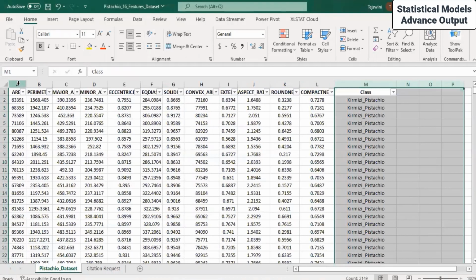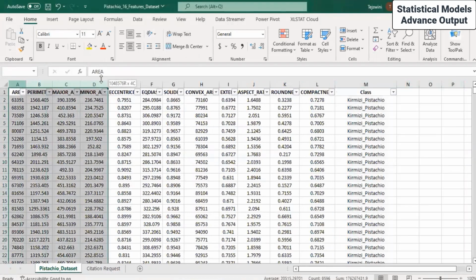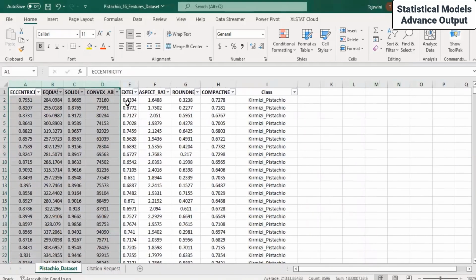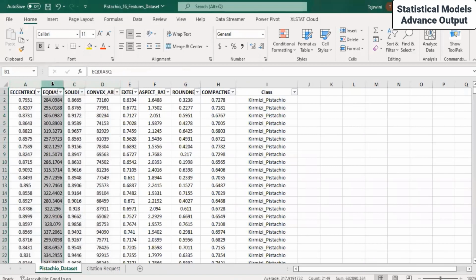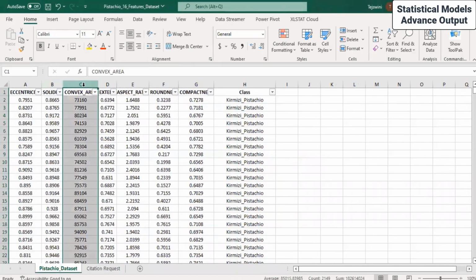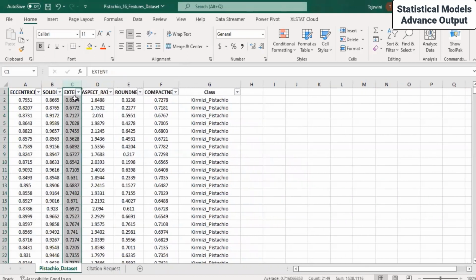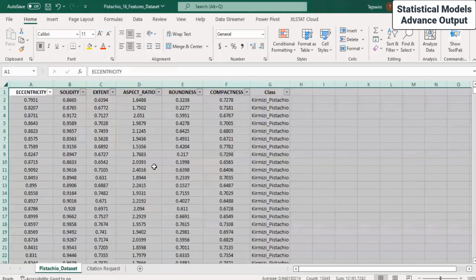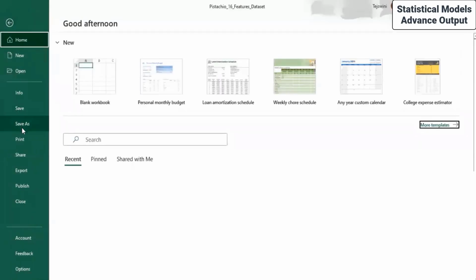What more do I need? Area, parameter, minor, yeah, area minor. I click delete. Can we have PDIS Q? No, I don't need that either. I'm retaining solidity. Extent and yes. So fine. Now 1, 2, 3, 4, 5, 6. 6 of these are your variables, and I'm saving this as